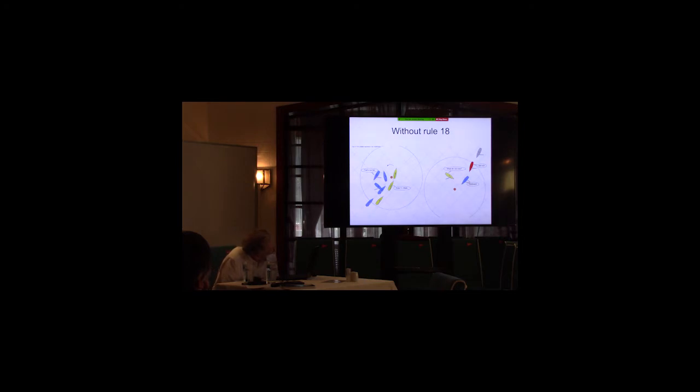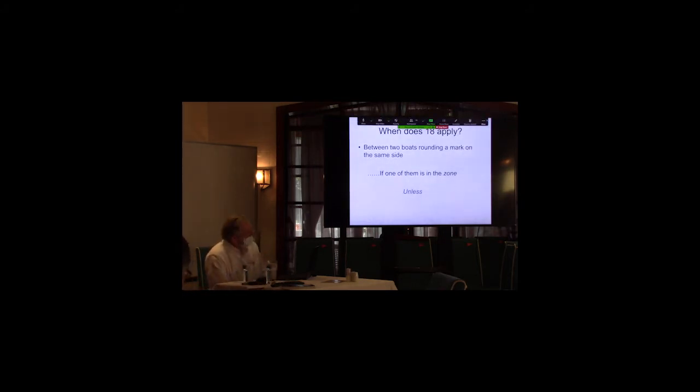And on the other side, hopefully, we have a port running boat trying to go around the mark to be left to starboard. And in the absence of Rule 18, he'd just be stuck because he's got to give way to all those starboard boats, and he would never be able to get to the mark. So Rule 18 is not there just to make life difficult. It's there to help give way boats get round the mark. So let's get into the rules themselves. So first of all, when does Rule 18 apply?